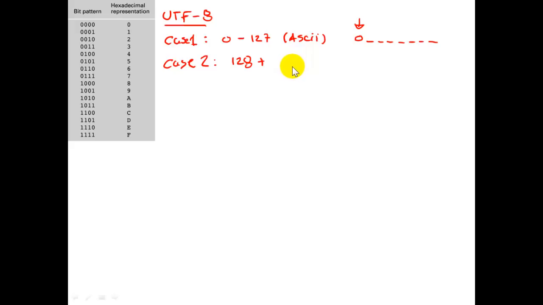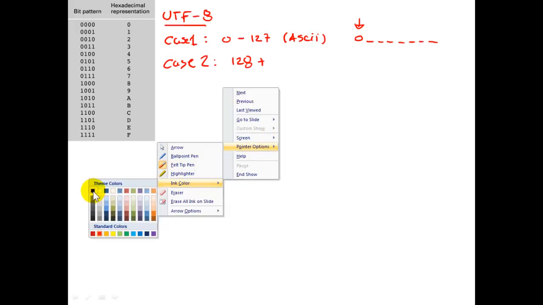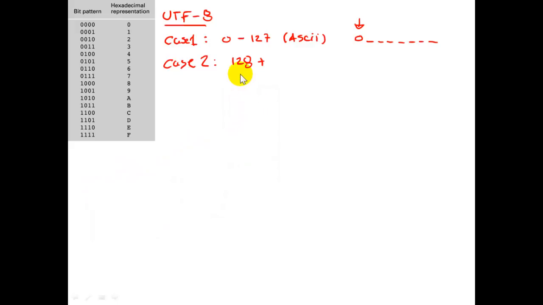which would be 128 and above, okay? What needs to be done is you need to build into your binary encoding enough cues that the decoder is going to be capable of telling, when it begins reading, that the next character is occupying more than one byte. And this is done using some structural bits. So I'm going to use a different color for the structural bits. But in a case where we have a 2-byte character,